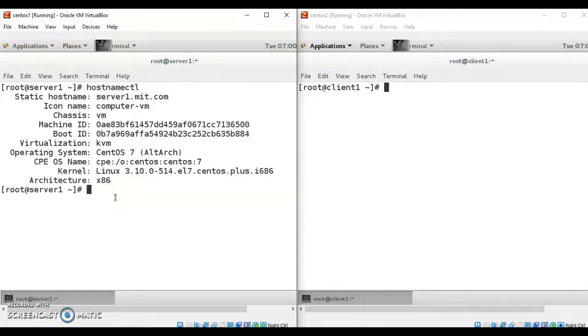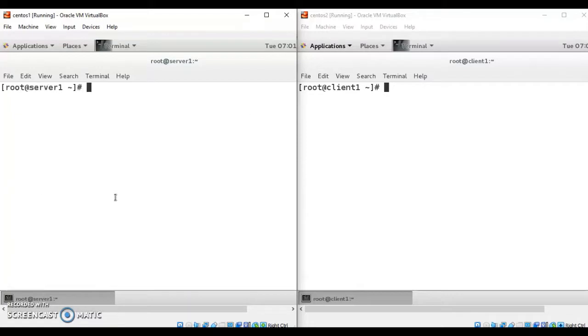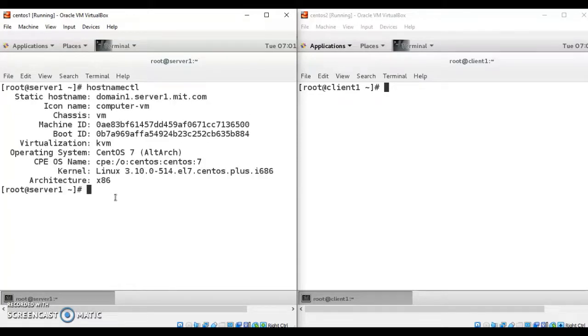To set the host name, we use the command hostnamectl set-hostname. For example, now I just wanted to change it to domain1.server1.mit.com. And again to check, you have to use the same command hostnamectl. So by assigning the host name, you can identify your server with some domain name.